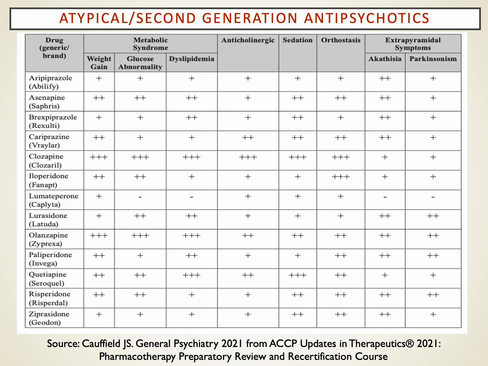Hence the newer atypical antipsychotics, and most of them are listed here, both by generic and brand name. There are a number of them, and let's spend a couple of minutes talking about these. These agents, for the most part, work at a serotonin receptor a little bit, but they also work at dopamine 1 receptors. And so by working less so at dopamine 2 receptors, but more so at dopamine 1 and a subset of histamine receptors, they're associated with similar beneficial effects and, in fact, better control of the negative symptoms of schizophrenia.